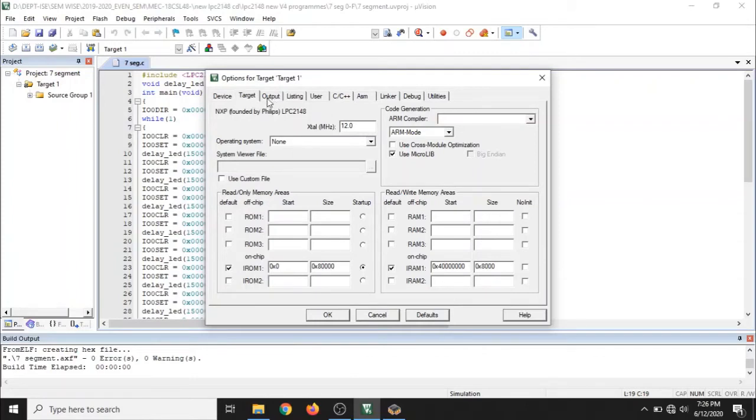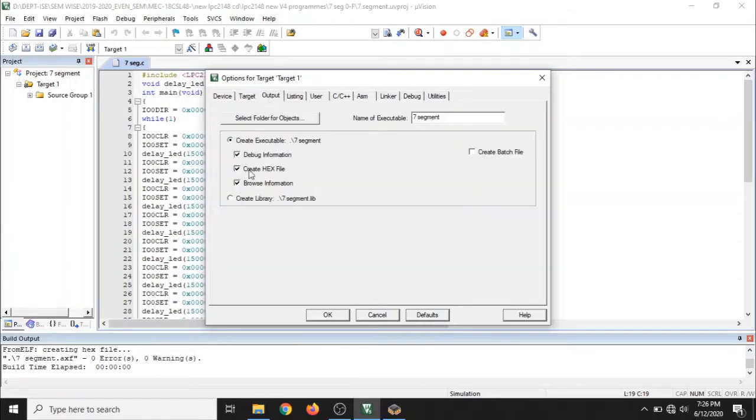Similarly, go to the output tab, and here also you have to select the option that says create hex file. That means whenever you run your program, the equivalent hex file will be generated for this embedded C program. This is one more modification that you have to do.